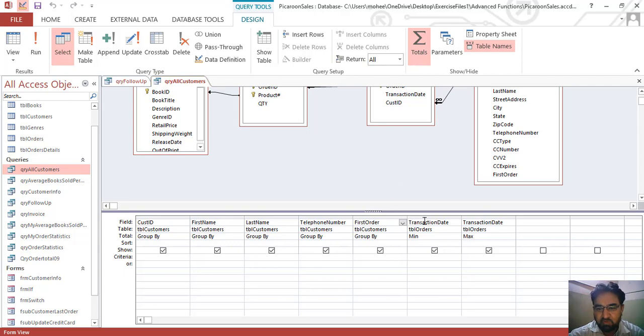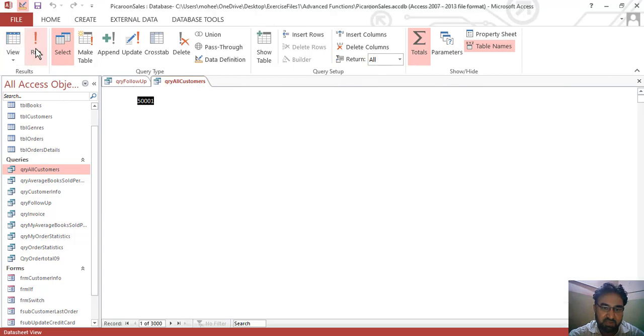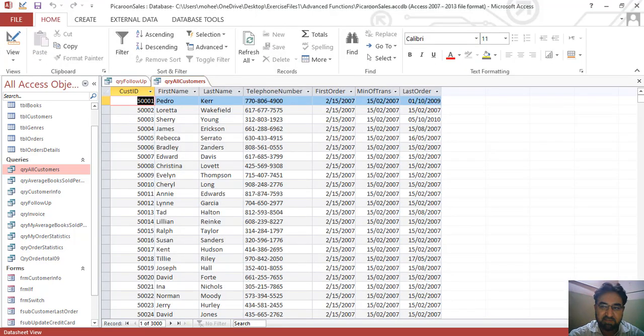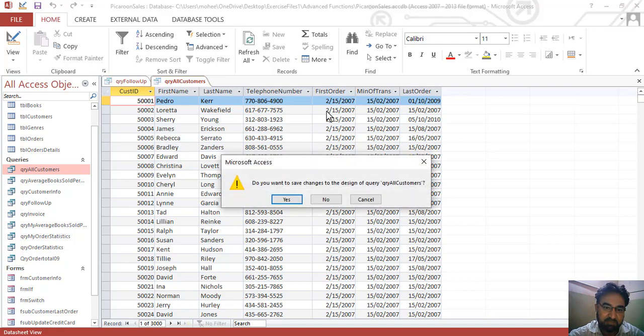Okay, so here is the transaction date, and here is the transaction date again. And this query is made an aggregate query. We can see this total field, group by, group by, group by, and then the transaction date. The first time when we inserted the transaction date, we have taken the min aggregate SQL function, and then we have taken the max SQL function, and we got this info. If we run this query, we got this, and on the basis of this query, we have created